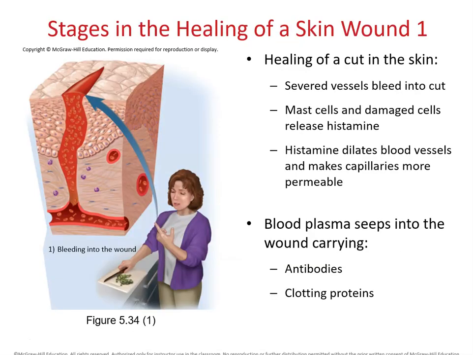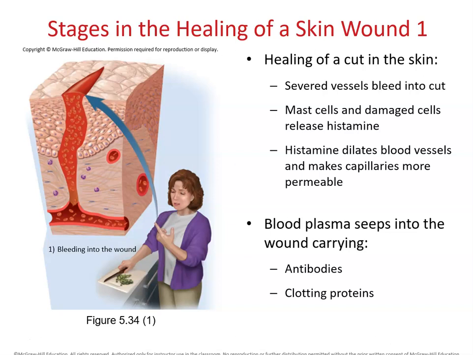Let's talk through the stages of how a skin wound heals. So we're talking about a minor wound here, like you're cutting vegetables for supper and you have a small cut. A skinned knee would be like this. A very minor burn would heal in this way. Okay, so if we have a cut to the skin,